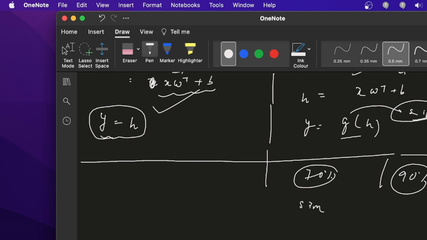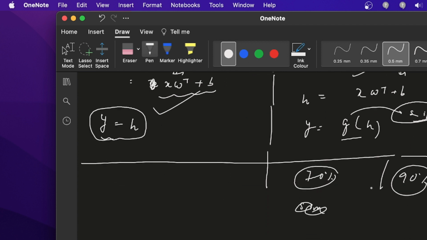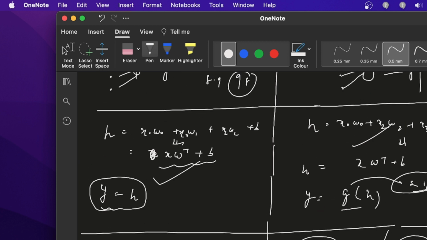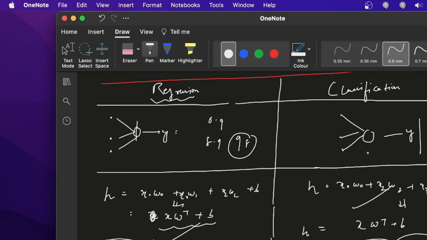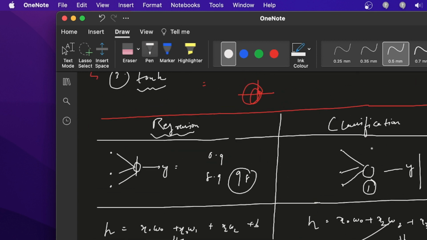But in the case of a neural network, the good thing is you can solve the same problem again, but this time you increase the neurons. Right now you are using only one neuron and you get this equation. But I am going to increase the neurons. This is called a single neuron neural network.